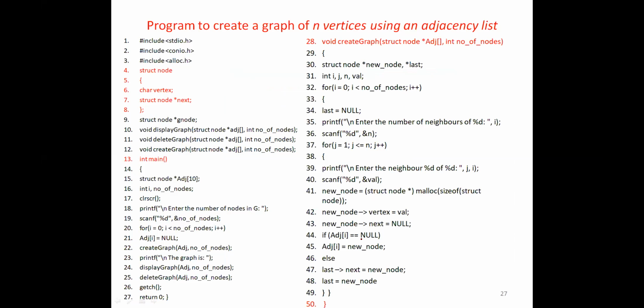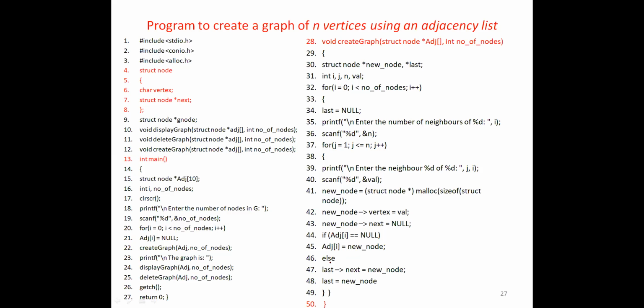So I'm checking whether the adjacency of I is null or not. Why? Because I here is 0. So I'm checking if it is null. What will I do? I will copy the new node value to the adjacency of I. Now it is 5000, so 5000 is passed to the adjacency of I. That means at the first vertex pointer. If it is not so, if there is already a node there, what happens? This else part will execute.